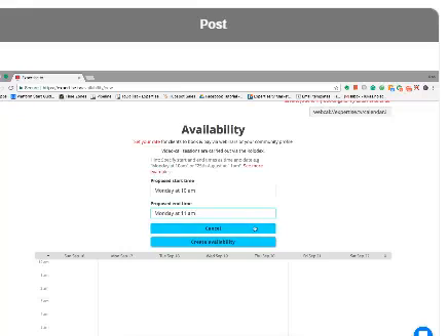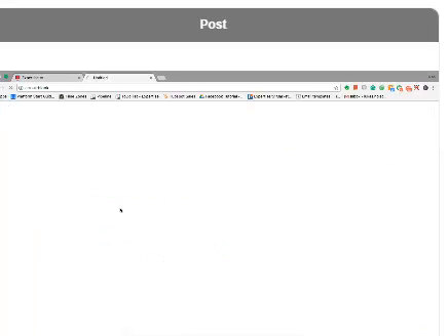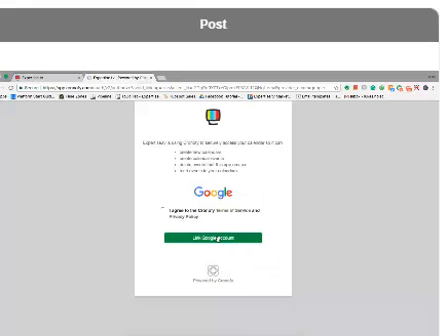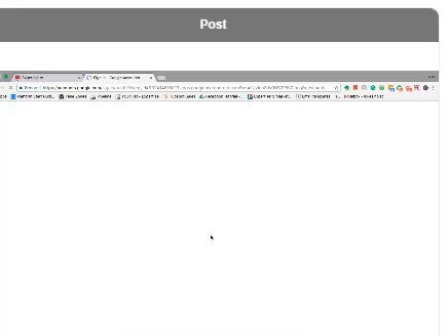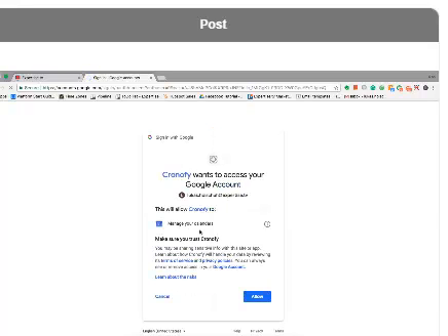Now the other way is to actually set up your calendar sync if you're using an external calendar. If you click on this button here, it will then take you through to connect your external calendar. So I'm using Google, so I'm going to connect my Google account. And once this is linked, just sign in first. And then once it is linked,